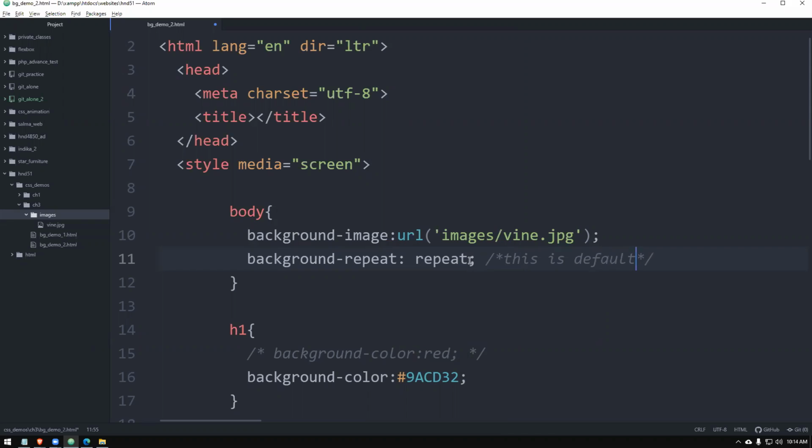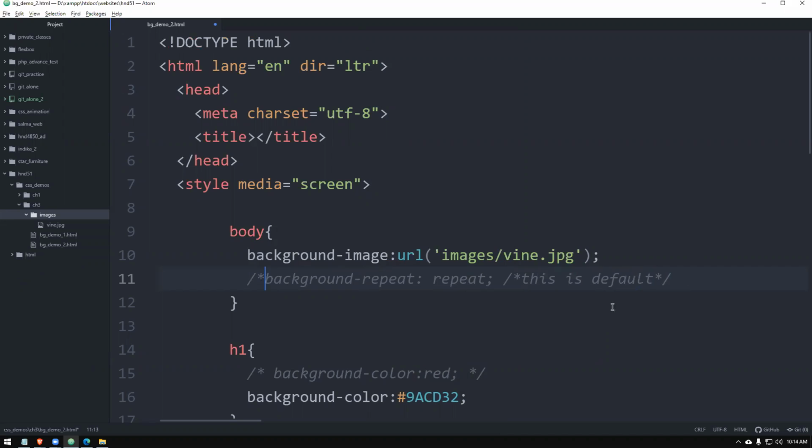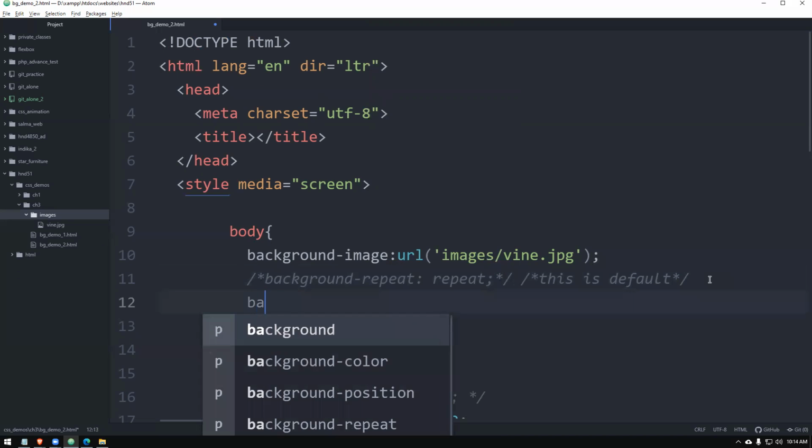So you don't have to separately type background-repeat. It will be automatically repeating. But sometimes you want to have control of it. So you prefer doing it in a different way, right? So I'll do it like this.